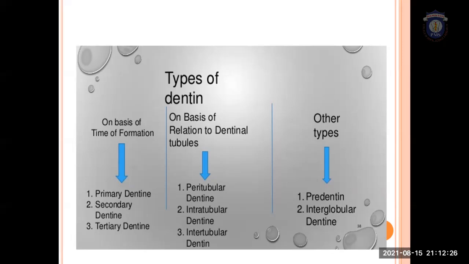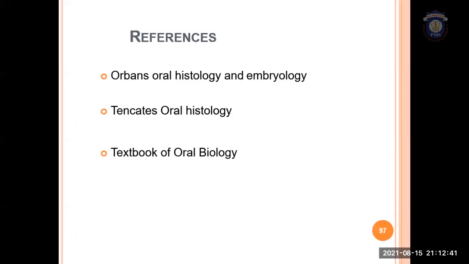So that dentine is known as the predentine. And the second type is interglobular dentine. So we will discuss in detail about predentine and interglobular dentine in the upcoming classes. So the reference for this is Orban's textbook, 10 Gate, and a textbook of oral biology. So refer to the textbook,